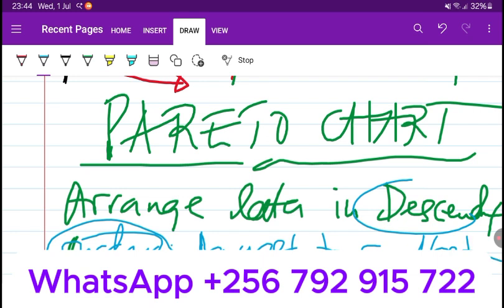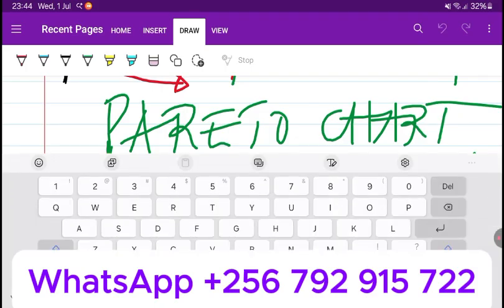That's the only thing, that we start by plotting the highest, followed by the smallest, and until you finish all the data set. So that's the key difference with the Pareto chart. We shall have situations where we have very many information,